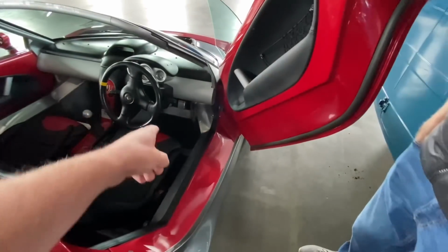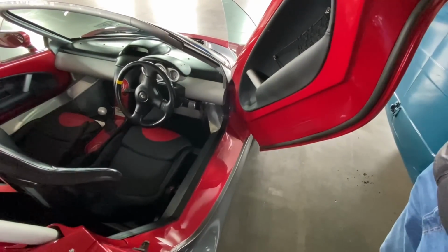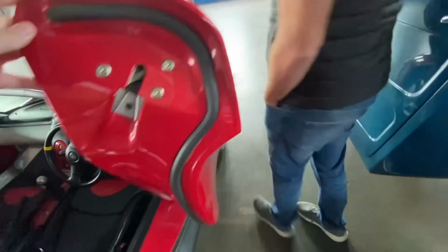God, that's tiny in there, isn't it? Just like the Elise. Oh, that's probably a bit smaller than the Elise, where the seats are high. Look at the gap you've got between the seat and the steering wheel. That's quite cool though, isn't it? I'm shocked it hasn't got...